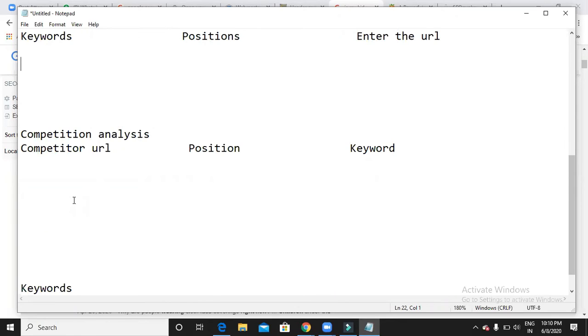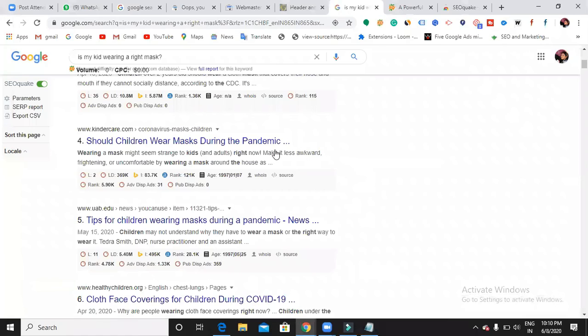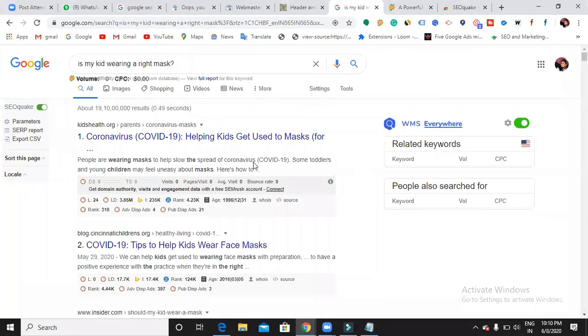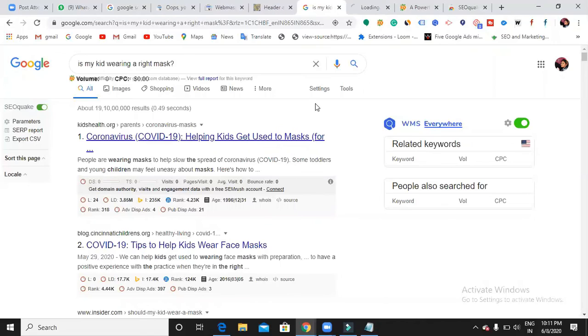After doing all this, noting it down is not the only important thing; you have to analyze the competitor website. Analyze their meta title and how exactly they write the meta description. "Coronavirus COVID-19: helping kids get used to masks" is the meta title they used.